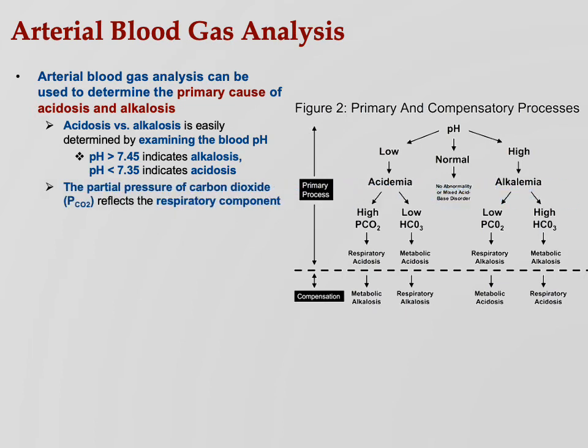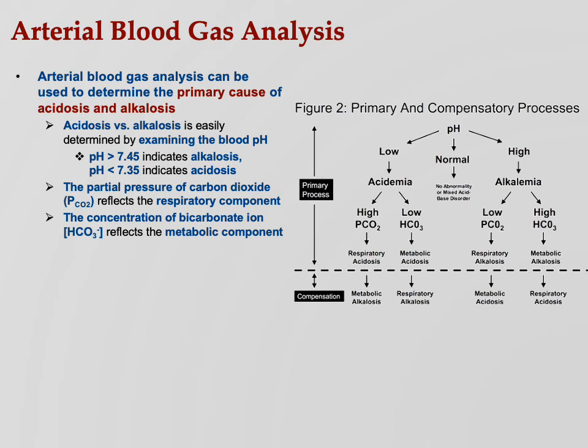Let's look at the partial pressure of carbon dioxide, all right? Remember, some CO2 is dissolved as a gas in your blood. It's mostly traveling how? You should be able to stop right now and remember how. As the bicarbonate ion, all right? But some of it is also in the form of gaseous CO2. That's going to reflect how the respiratory system is doing. In other words, if the partial pressure of CO2 is too low, that means the respiratory system is not getting enough CO2 in. And if it's too high, vice versa, okay?